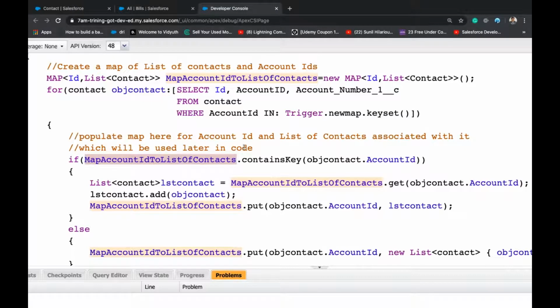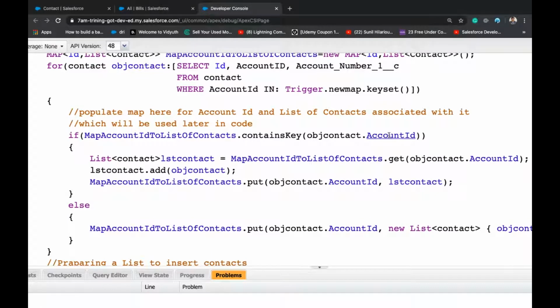So that's why we are checking if ID is already existing, because contacts can have the same account ID. That's why we are checking this condition. So it should be added only once.